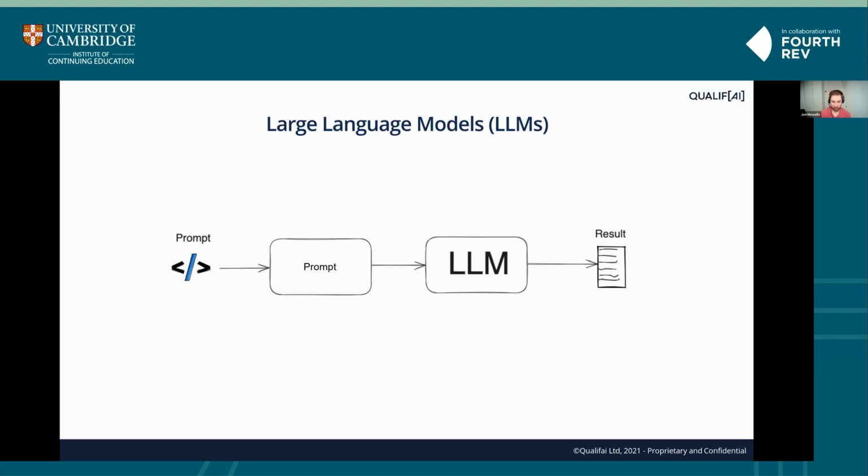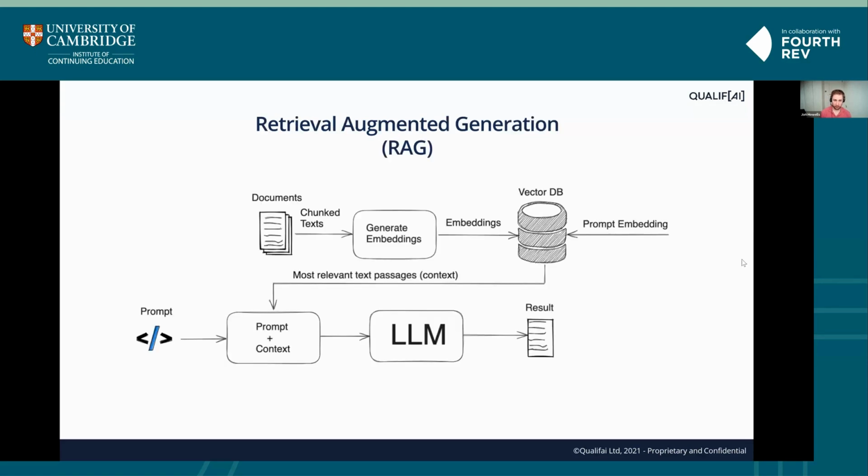So let's say, for example, a legal summarization use case where a law company has millions and millions of documents, or you're working within financial services and there are many, many financial reports and documents that you're trying to analyze, or within healthcare, there are many patient notes, which obviously would have to be incredibly secure. You wouldn't be able to get that just by asking ChatGPT, tell me about this patient, or tell me about this legal document. So this is where the approach of retrieval augmented generation comes in.